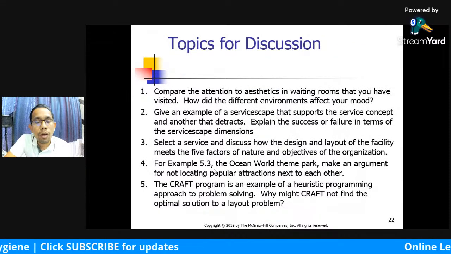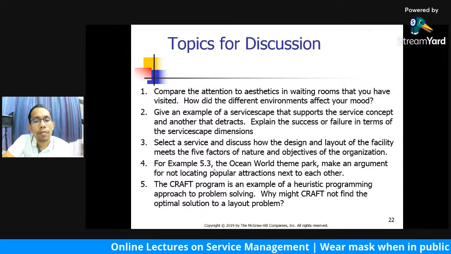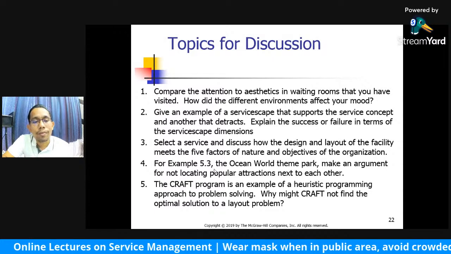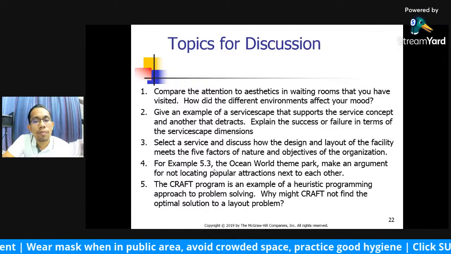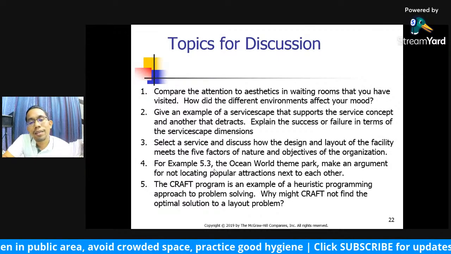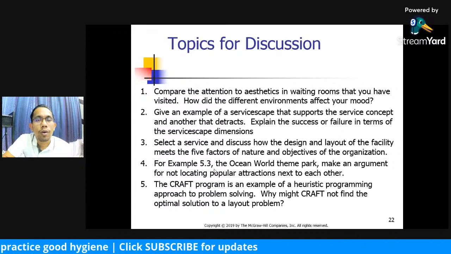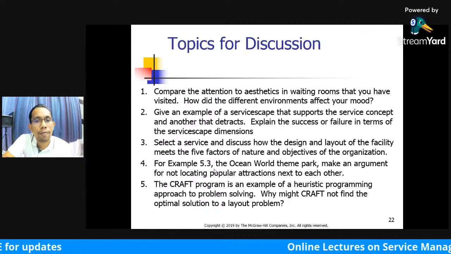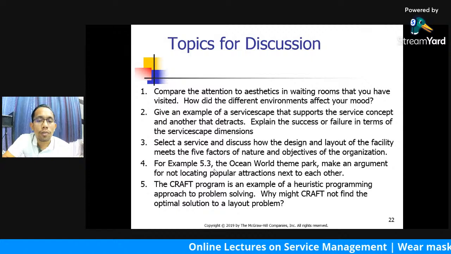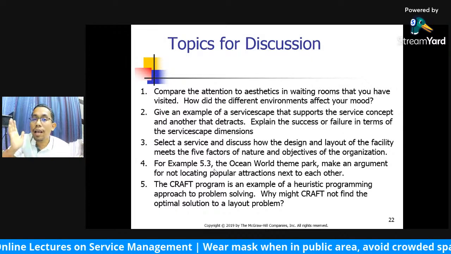So, topic for discussion: compare the atmosphere of a waiting room that you have visited. How did the different environment affect your mood? In this discussion, give an example of a servicescape that supports the service concept and another that does not. Sometimes you walk in and think, oh, why is it here? What is it all about? And is this what we will have after this? During the process, explain the success or failure in terms of service connection. And you might have experienced a lot